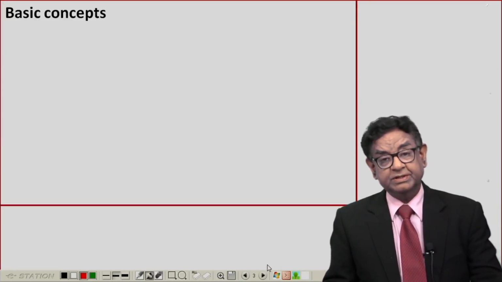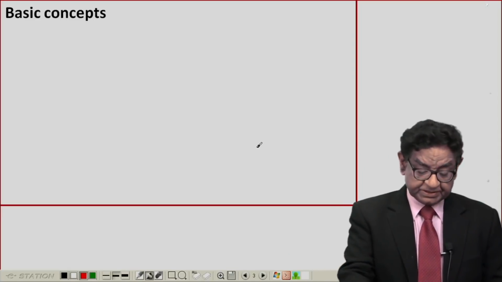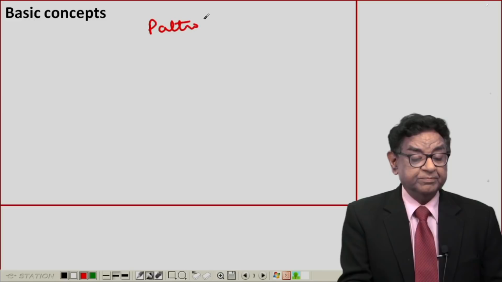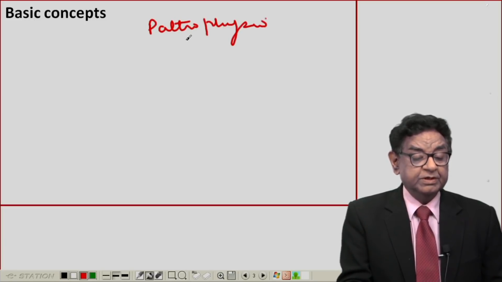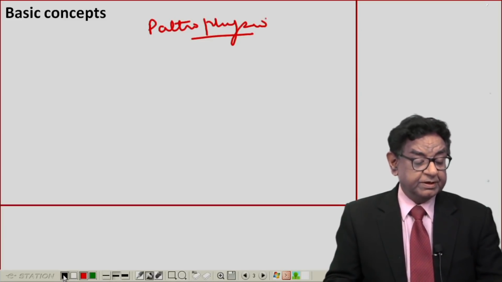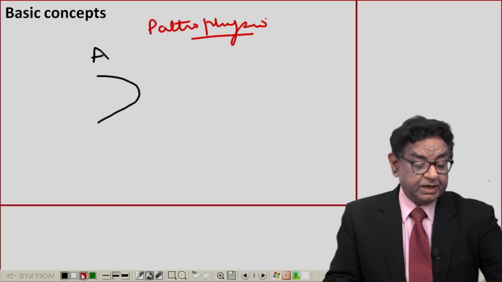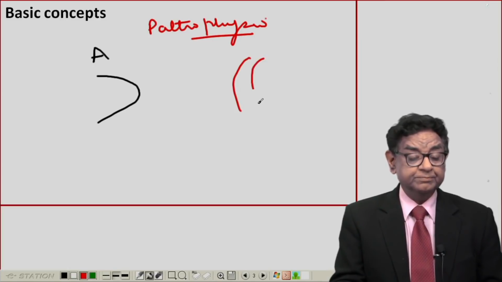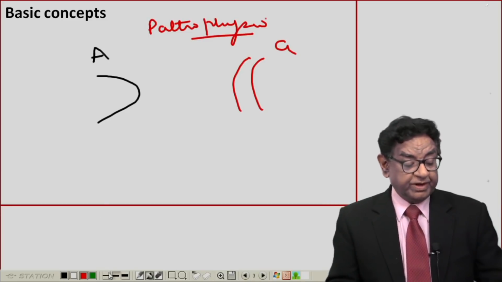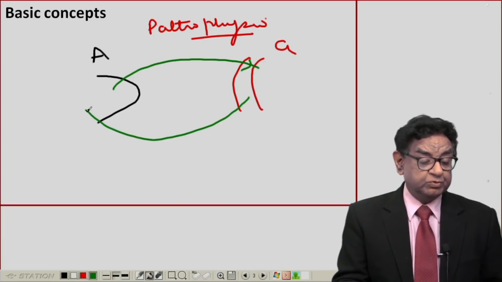Well, we'll talk about this disease. But before I talk, let us learn some basic concept of what the disease is. For that, we have to learn the basic pathophysiology. The basic pathophysiology goes like this. This is the alveolus. This is the arteriole of the pulmonary. And normally, as we know very well, oxygen goes like this and CO2 comes out like